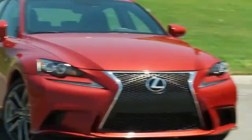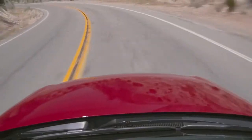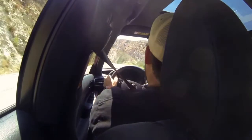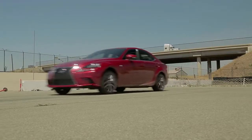Compared to the Infiniti, I feel so much more in control. And for me, a good sports sedan is all about coming up to your favorite road, like this one, and just pounding on the thing. And what I want is to feel confident. I want to feel I'm going to make it through every corner. That little bit of body lean is great. It lets me know I'm turning. The steering is accurate. If I could change anything about it, I'd add another 50 horsepower, 50 more pound-feet of torque, and then it wouldn't lag behind its rivals in a straight line. But man, other than that...